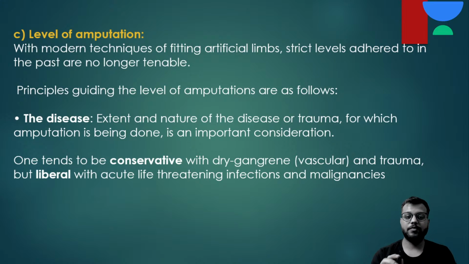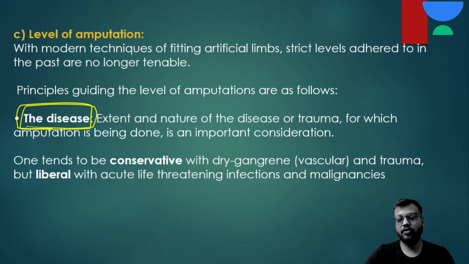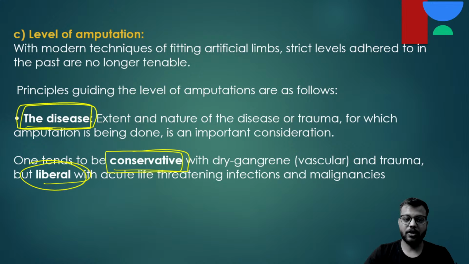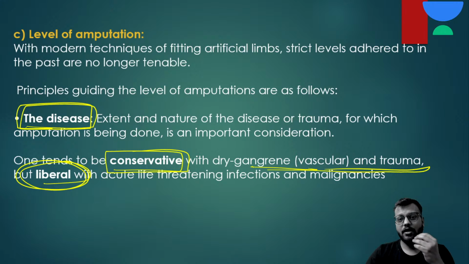Okay, so principles, first of all disease, कि कहाँ से amputation करना है, it depends on the disease कि इन्फेक्शन कहाँ पर है, malignancy या ट्यूमर कहाँ पे है. सो कंजर्वेटिव अप्रोच एंड लिबरल अप्रोच. तो कंजर्वेटिव अप्रोच यानी कम से कम एम्पुटेशन करना, यू डू इट फॉर द गैंग्रीनस और द ट्रॉमेटाइज्ड और द इन्फेक्शियस पेशेंट्स. बट लिबरल यानी यू आर लिबरल की यस अगर 5 सेंटीमीटर में ही लीजन है बट स्टिल भी ओके 7-8 तक भी कर दो, मतलब ज़्यादा